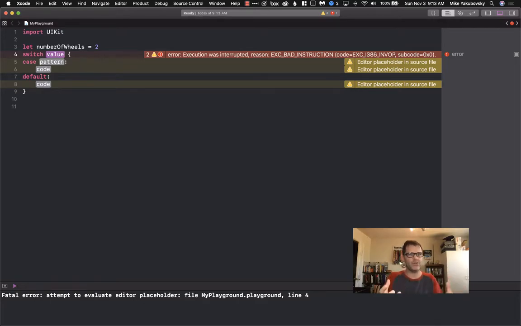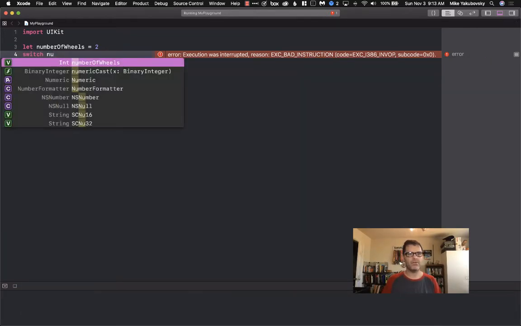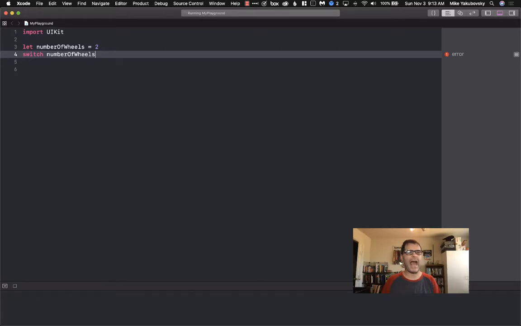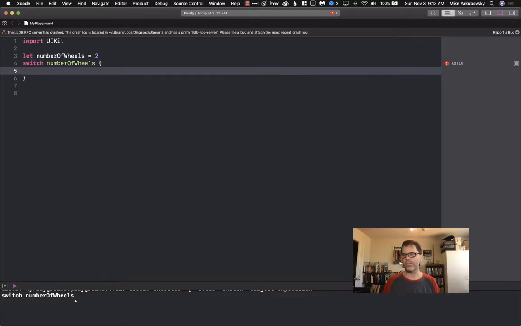This is good. It lets you see what to do. I don't particularly like doing it that way. I like to put them in, but then you pick your variable that you're going to be acting on. So I'm using the variable number of wheels, and now I'm going to act on number of wheels in this switch statement. And then you start typing in case,